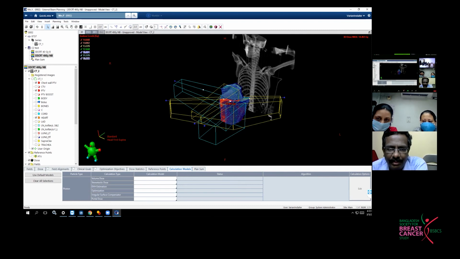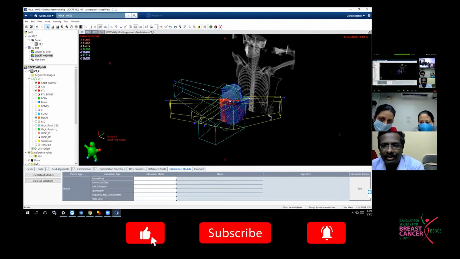Sometimes it's possible, but most of the time when the contour is irregular or when there is a gross defect after the surgery, when the chest wall is thin, it becomes very difficult because of the lung and chest wall interface where you have a lot of other hotspots. And it's very difficult to get both a conformal plan and a homogeneous plan. I think physicists will agree to it. Either you need to compromise in breast planning, either on homogeneity or on conformity. Maybe with VMAT, if you have it, you can get a more homogeneous and a more conformal dose, but at the expense of a low dose which is going to be spread all around.